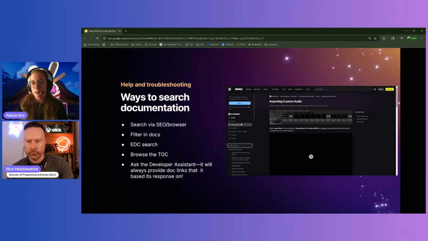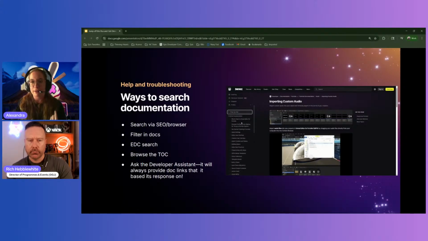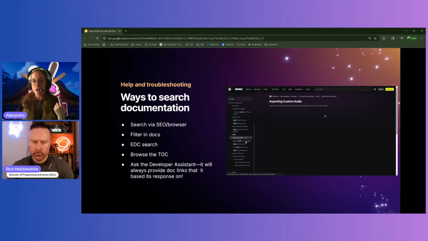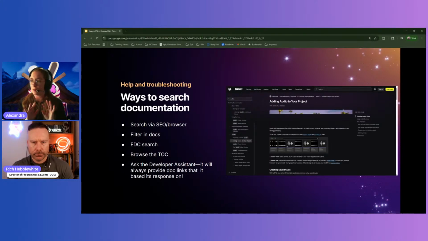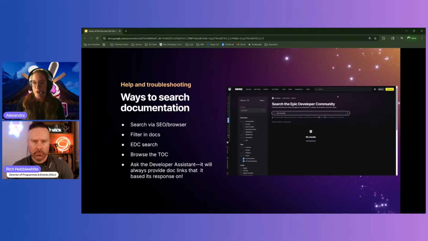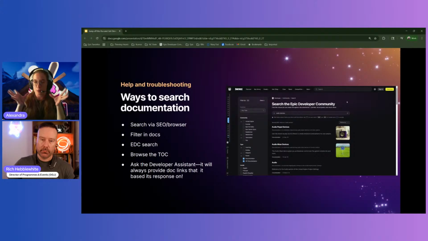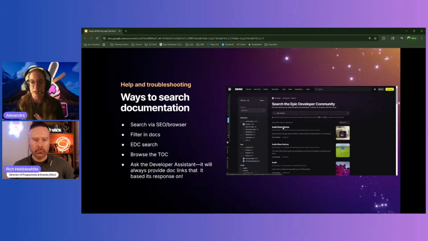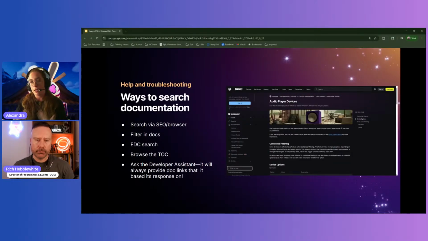And then once you're in the documentation, if you kind of have an idea, this is really good for devices. If you're like, oh, I just need the character device and I just want to see its settings, you can just use the filter and it will search by title. So that's what the filter does in the table of contents. And then right now, what I'm searching into is the Epic developer community site, which will search everything. So you can see here, I have to filter by Fortnite to not get the Unreal Engine audio stuff. I'm getting the audio player device like I want to.